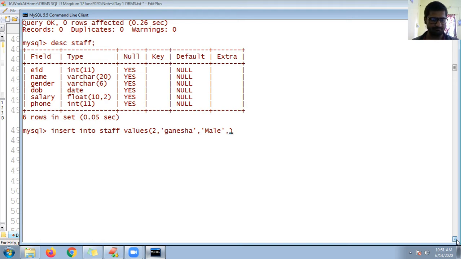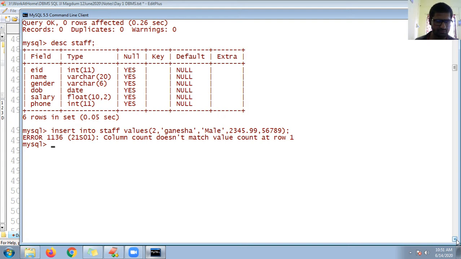Then salary, I can go for some digits, 10 digits, fractional values. Then the phone number, you can add it directly. Semicolon. Column count doesn't match. Oh, I forgot to add date of birth. So after gender, add one more comma.